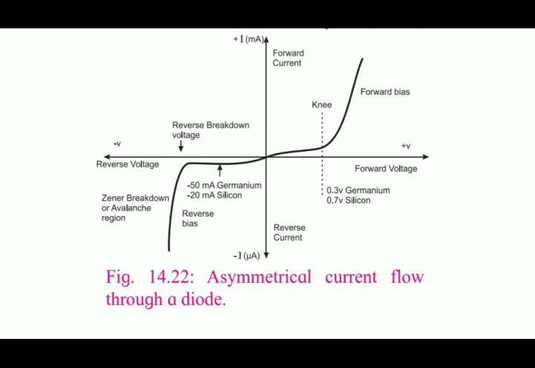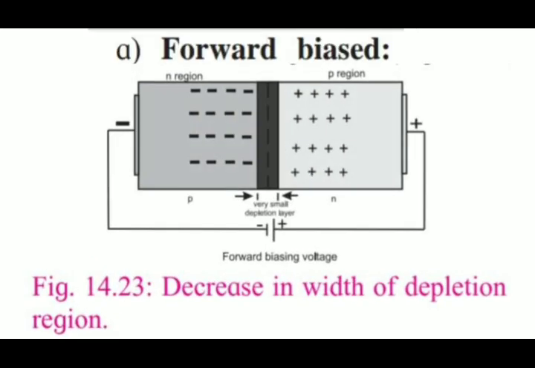As in the previous video lecture, I had explained forward bias and reverse bias. So let's have a forward biased diode. This is the positive terminal of the battery and this is the positive side of the diode. The positive terminal of the external voltage is connected to the p side, the anode, and the negative terminal of the battery is connected to the n side, the cathode, across the diode. This is called forward biased.